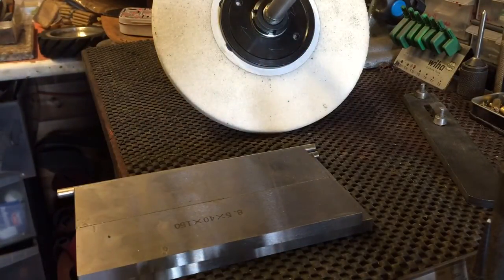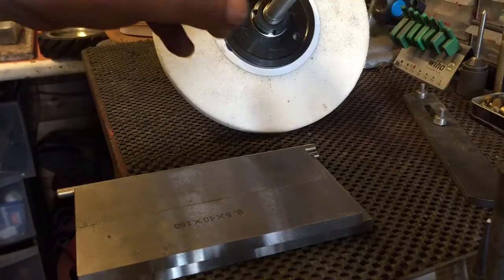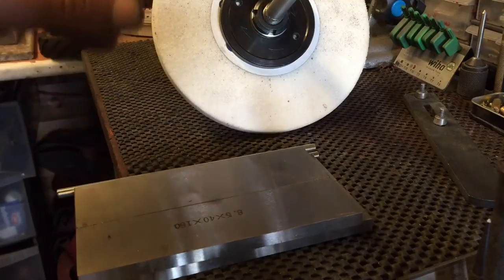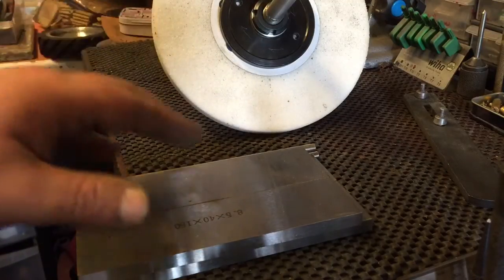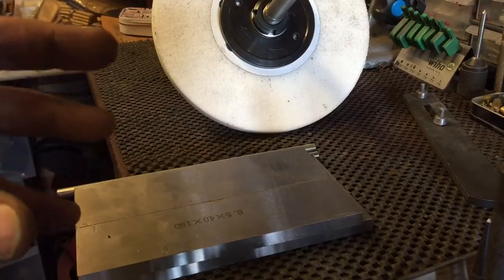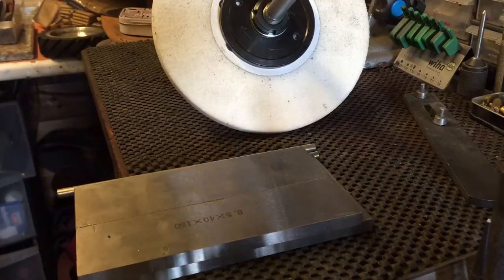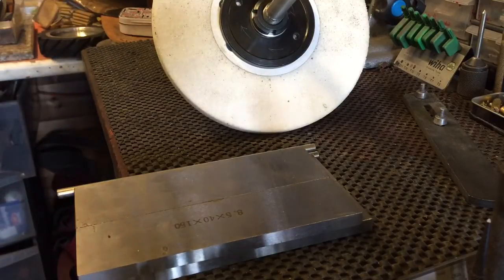But more than that, the reason why I wanted to do the video, I wanted to show you, a lot of surface grinders come with a way of balancing the wheels, but a lot don't. And to purchase the jig or the balancing apparatus that you use for balancing wheels is really expensive, anywhere from a couple of hundred to 300, and they're not a cheap thing. So I came up with a way of doing it exactly the same, utilising what I'd already got, which is